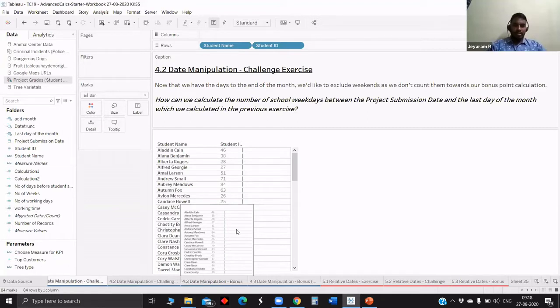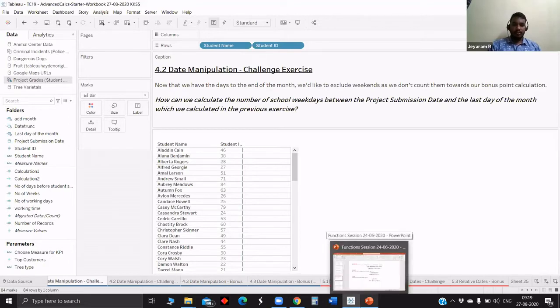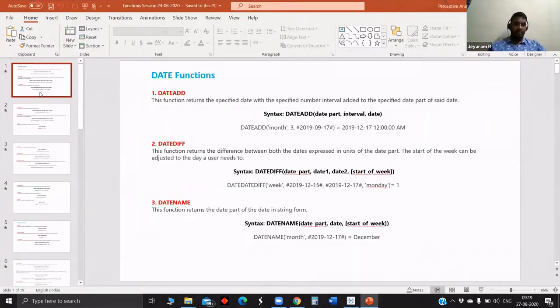Since we are going to do a hands-on session on date function, I will walk you around the different date functions for maybe around 5 to 10 minutes. Then each of you who is interested can give a solution to the question which we have in the hands-on session. Date functions we have already seen, but in order to have a quick recap, I have just opened the same PPT again.